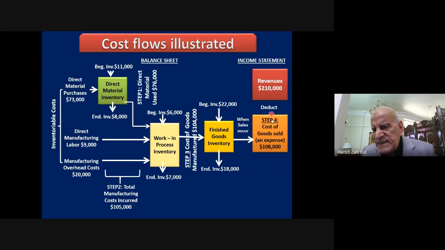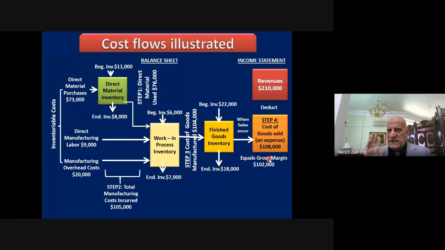So the difference between these costs of goods sold and its revenue will amount to $102,000. This is the gross margin, gross profit. This is a gross profit, not yet